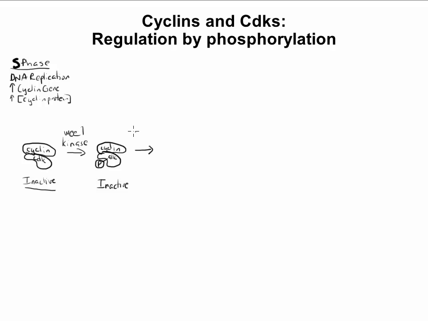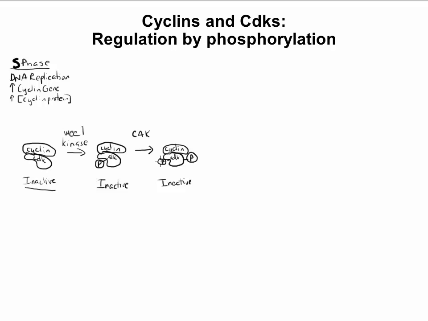Then we see the activity of a second kinase called CAK, which phosphorylates the CDK enzyme again. So it was already phosphorylated here in the active site. CAK phosphorylates a second time at a distal site. Now, still inactive because it's got that phosphate group still in the active site. But if that phosphate group were removed, then this phosphorylation on the distal site actually would represent the correct phosphorylation pattern to activate this enzyme.